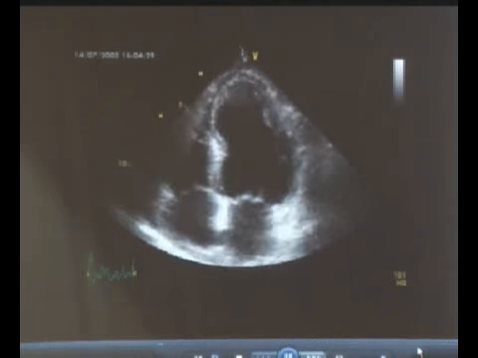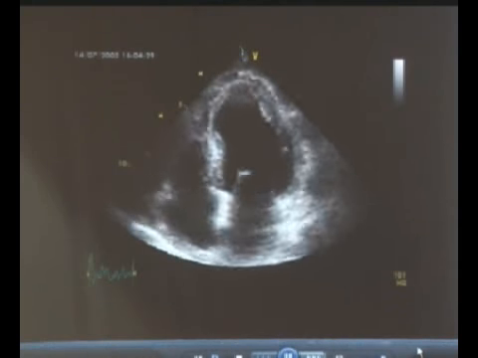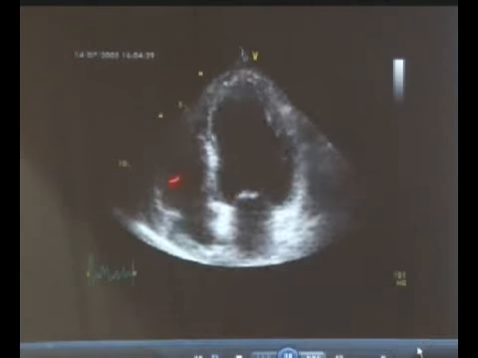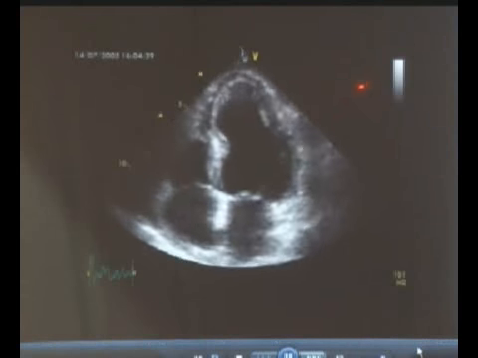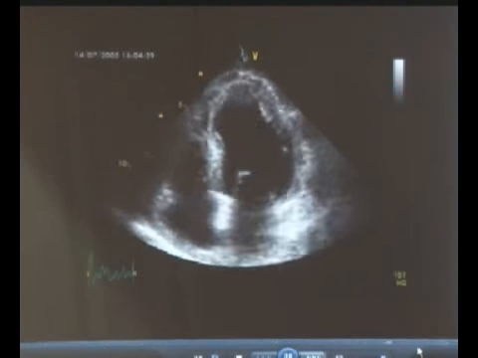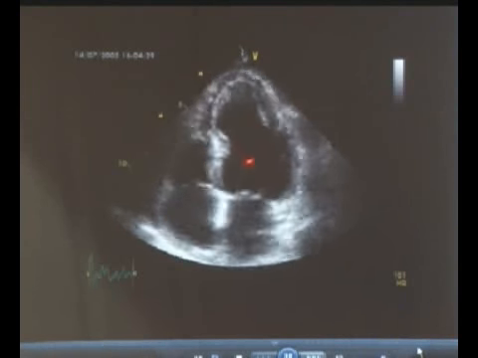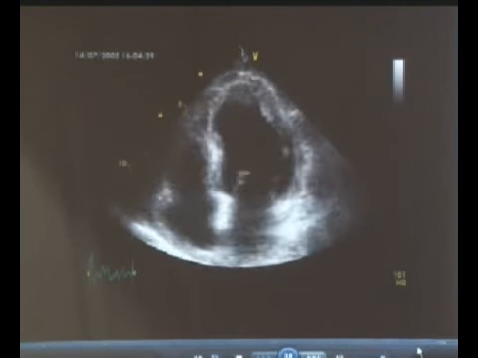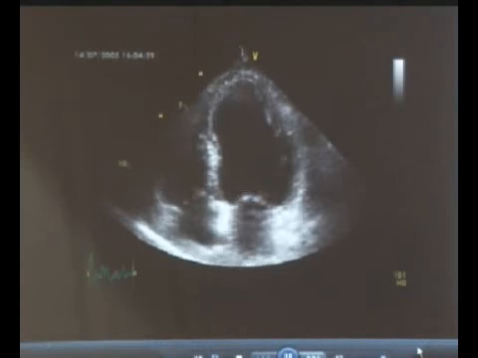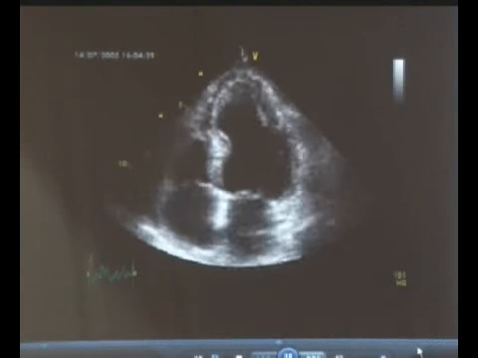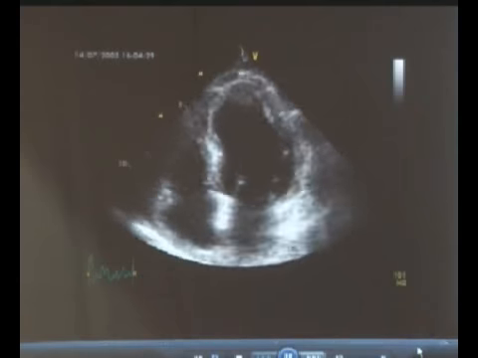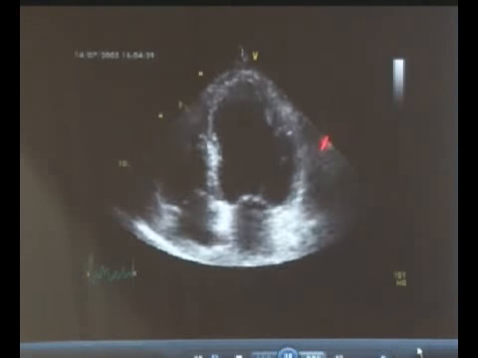Just don't jump saying that this is normo or that. Divide this into 6 segments and then look at each segment individually. The middle segment is always the segment which has the papillary muscle. Are we clear? So this is what is hypokinetic, and this is the view you should have for evaluation of